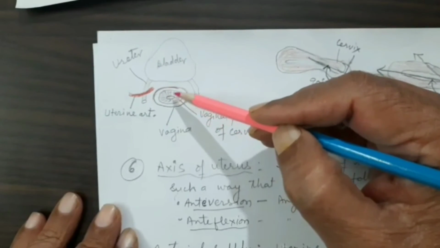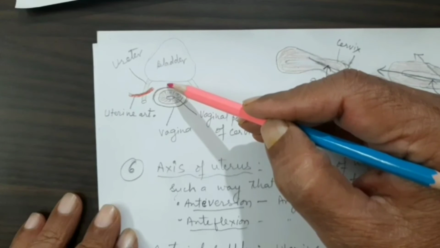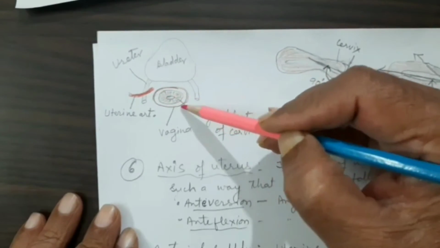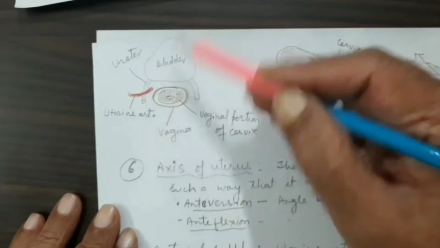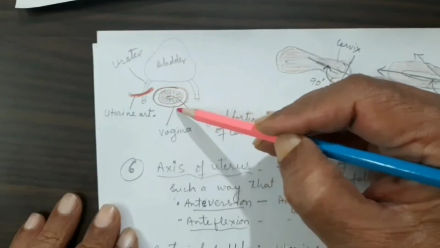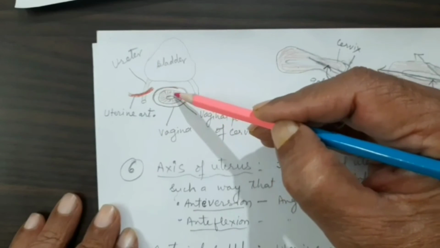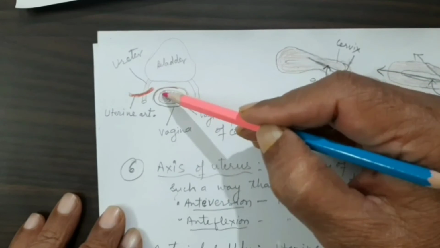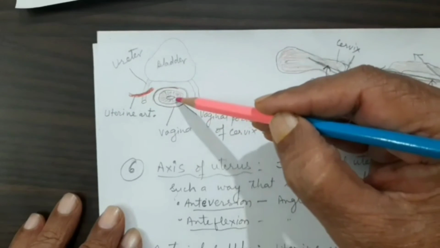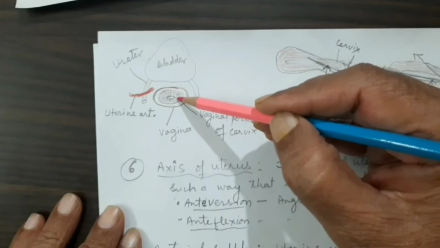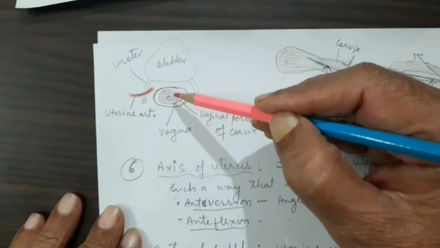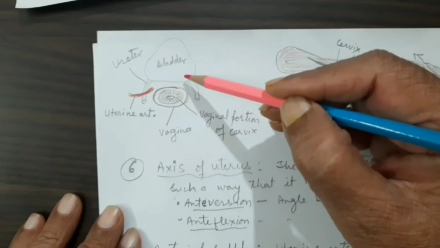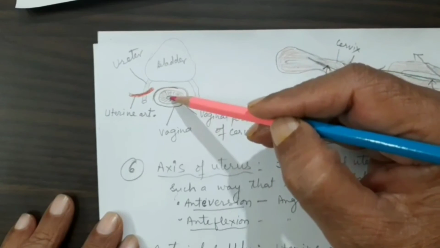Now understand this. On the posterior superior part of the bladder, this is the vagina, because it is a cross section structure. This is the cross section of the vagina, and in the uppermost part of the vagina, this is the cervix. Which part of the cervix is this? This is the vaginal portion of the cervix, the portio vaginalis. That part is there, and it comes in relation anteriorly,